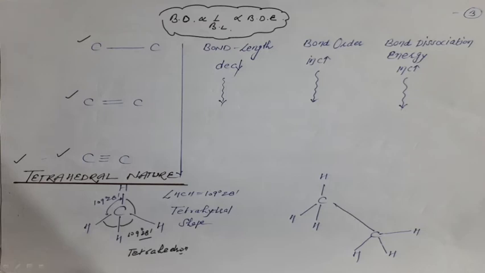Okay, and the structure is tetrahedral shape or structure. So this is the structure of methane, and this one is the structure of ethane. You can see each carbon showing the tetrahedral structure, this carbon and this carbon also. Okay, in the next,